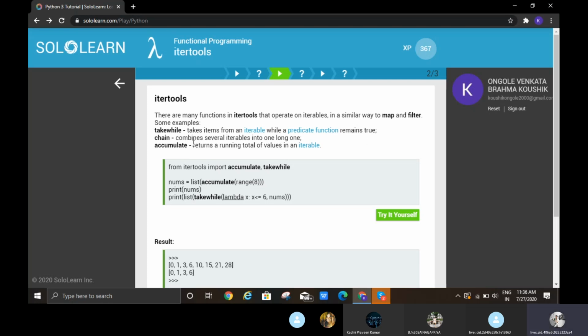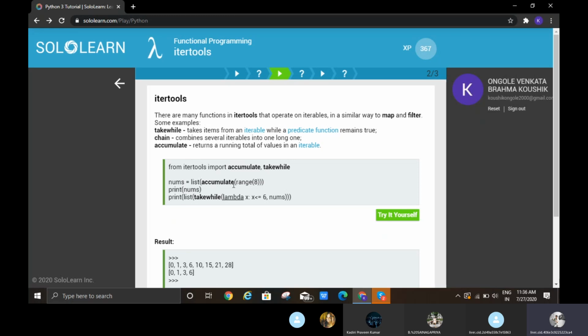Chain combines several iterables into one long one. Accumulate returns a running total of values in an iterable. In the given example, from itertools import accumulate, takewhile. itertools is the library, meaning module, and accumulate, takewhile are the functions.